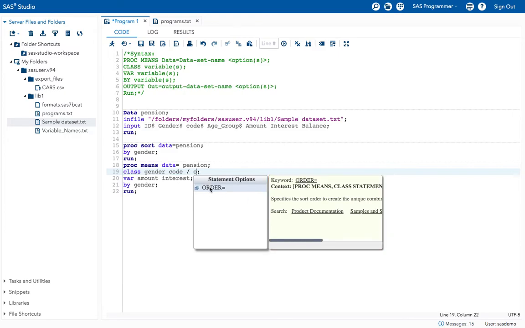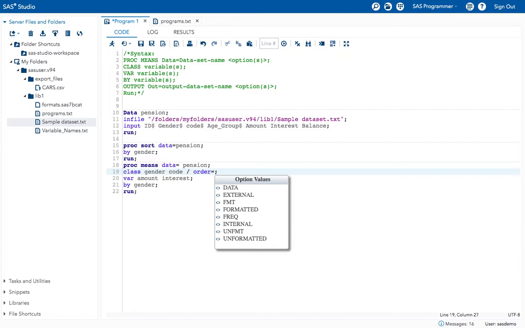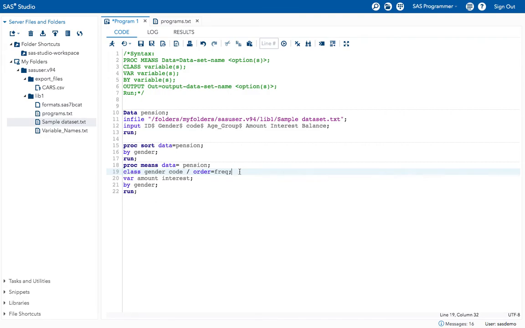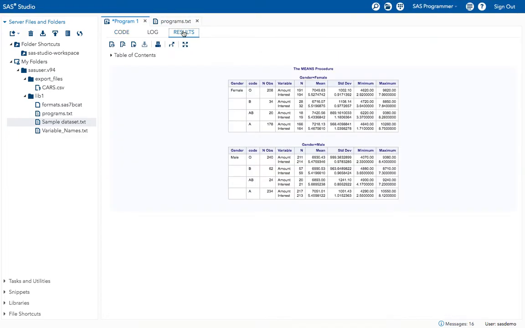I want to get the values in descending frequency count order, so that values with the most observations are listed first. Let's check the results first.